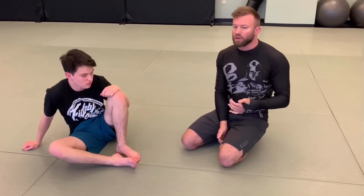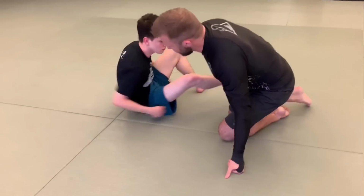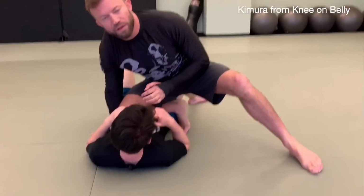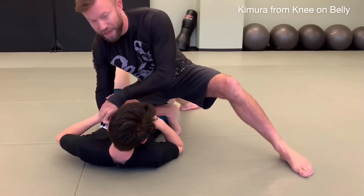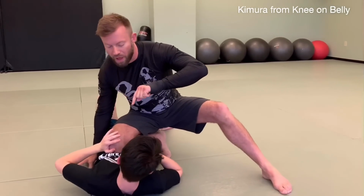And knee on belly can evoke a lot of good opportunities for submissions, depending on the way that the guy's reacting by pushing and trying to relieve the pressure. So if Riley's here on bottom and I go knee on belly like this, and I'm driving my knee in a little bit to elicit the response that he's trying to push the knee off of him here. Now from here, I can scoop this up and go for the full turning straight arm lock,